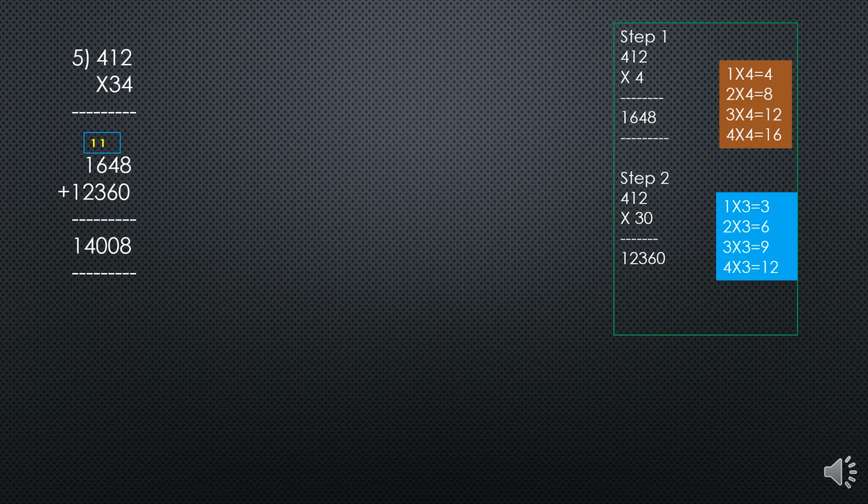Then next we want to add the hundreds place digits. 6 plus 3, 9 plus carry 1, 10. In 10 we write 0 only there. Next 1 we will write on top of the thousands place digit and add with the thousands place digits. When you are adding thousands place digits, 1 plus 2 is 3. 3 plus the carry 1, 4. Then last, in the ten-thousands place 1 we will write. So what is the sum we are getting? 14,008. All of you understood?